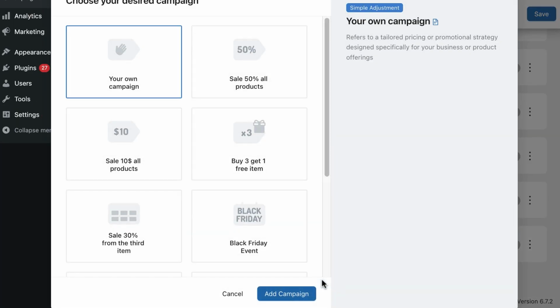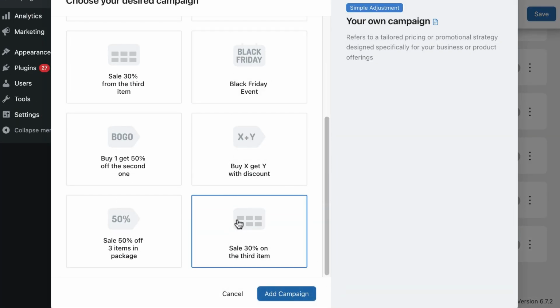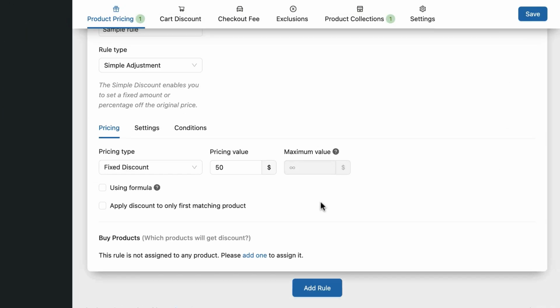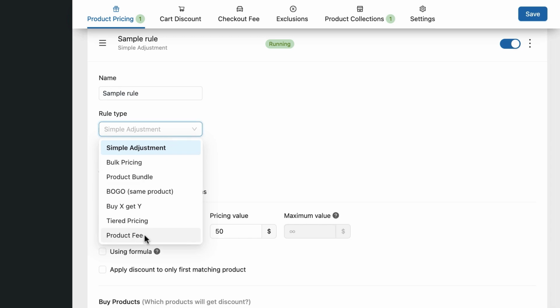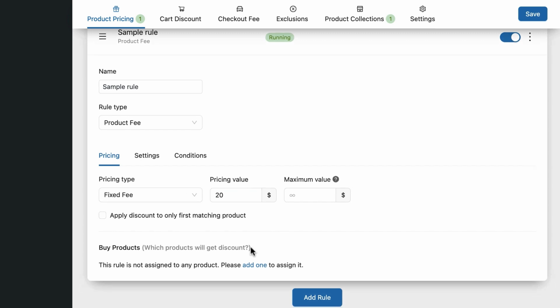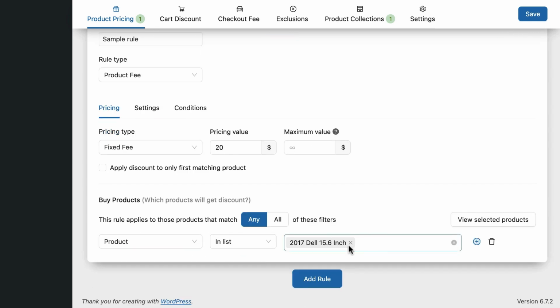Okay, let's configure our first conditional fee. We'll try to create a rule with no preset templates from scratch. I'm going to choose rule type is product fee. The pricing type will be fixed fee. I'm going to leave it as $20, for example. Assign product is